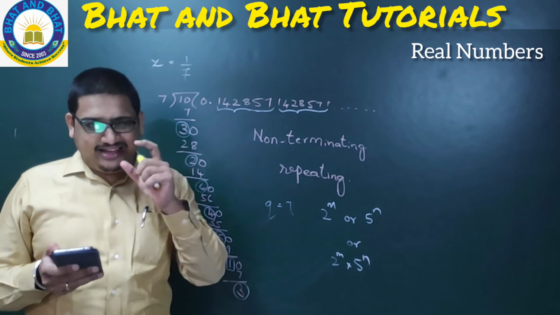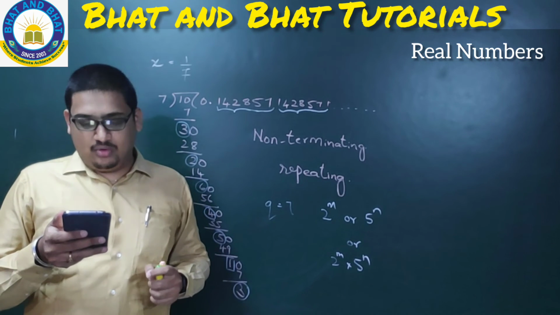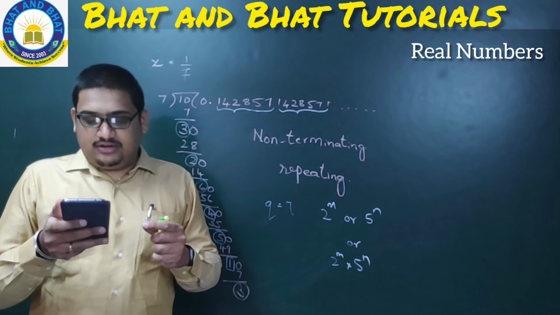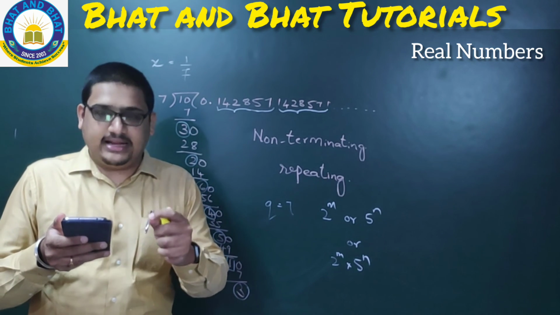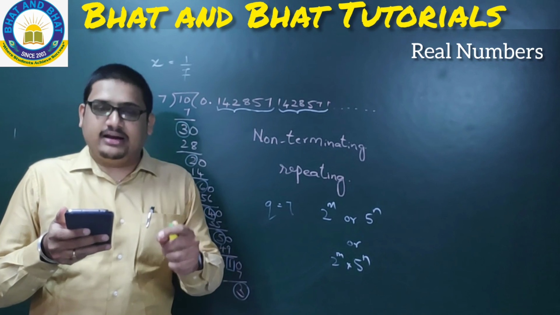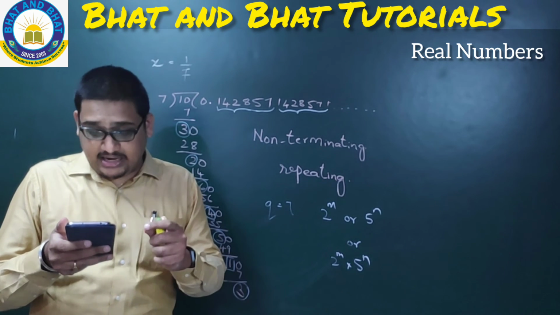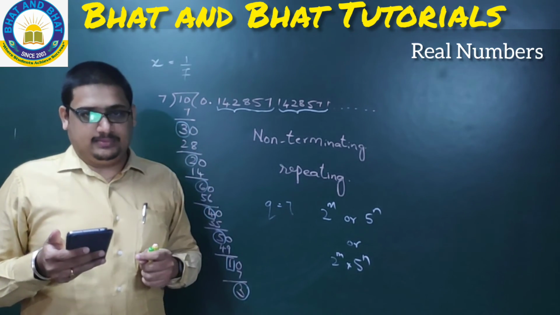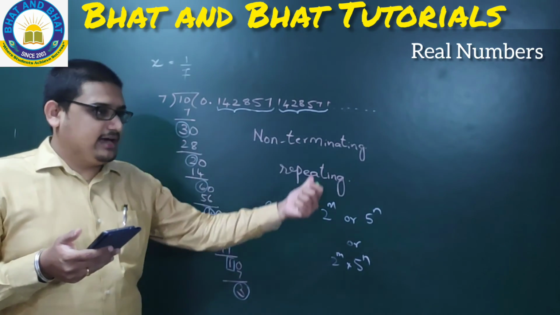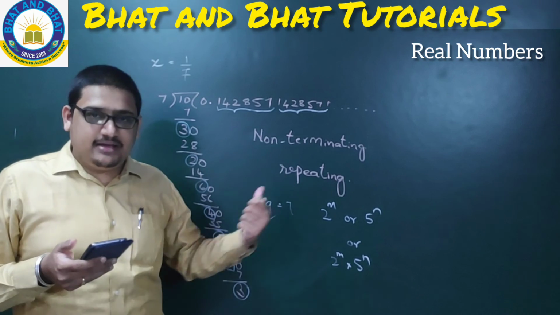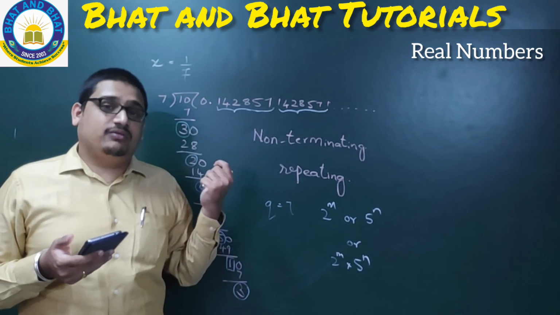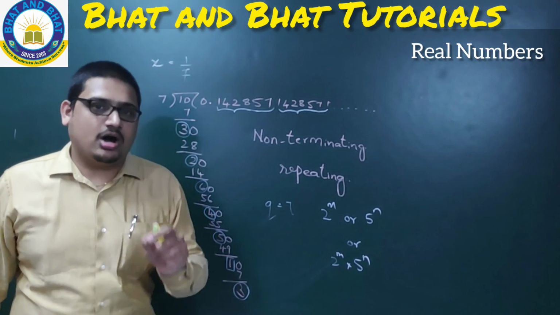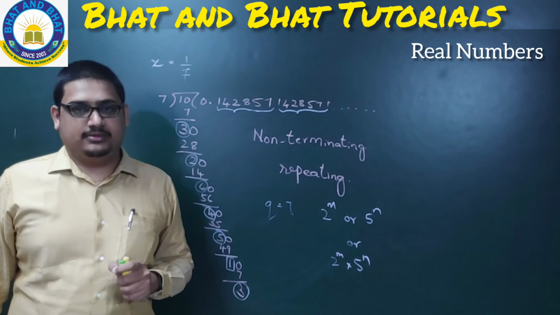Let me just read out exactly what is given in your textbook. Let x is equal to p by q, where p and q are co-primes, be a rational number such that the prime factorization of q is not of the form 2 power n into 5 power m, where m and n are non-negative integers. Then x has a decimal expansion which is non-terminating, repeating or recurring. I think this example has made it clear to you how to use the prime factorization of the denominator to determine whether the decimal expansion is terminating or non-terminating, repeating.